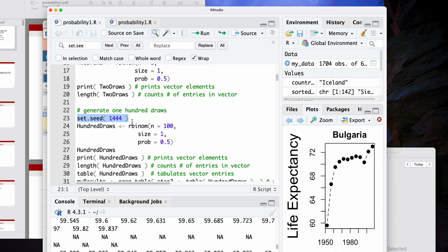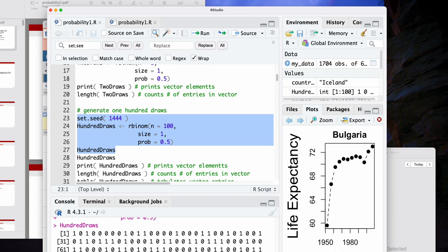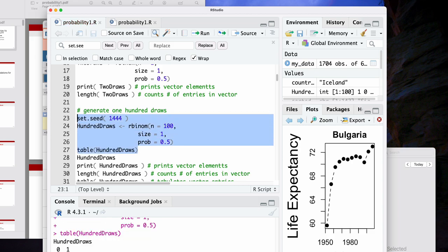These are pseudo-random numbers, and when we set the seed, this number passed into the seed essentially initializes this random process. I'm not going to go too much into the details of that, but the basic idea is we're initializing the randomness in a different way with a different seed, but everything will still be deterministic. So when we initialize it to be 1444, we get 46 heads.